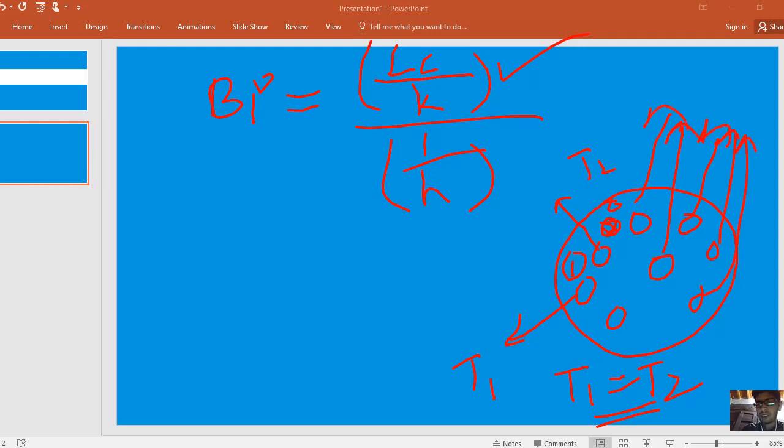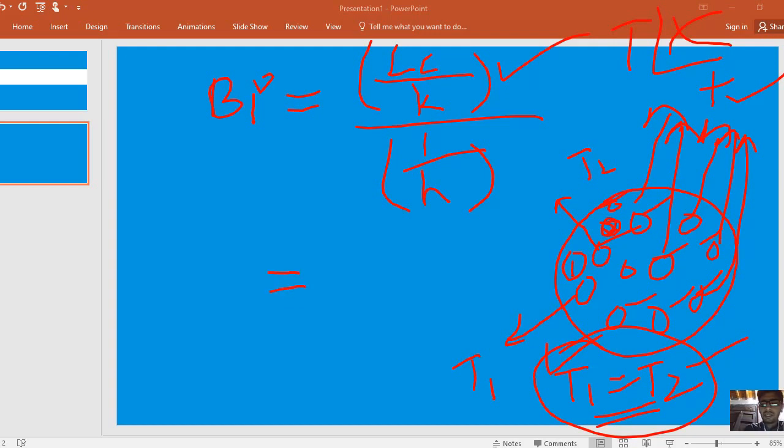But the temperature changes with the passage of time. The temperature can be increased or decreased with time, but at every point the temperature is the same. So temperature is not a function of position, but it is a function of time in the lump system, and it is transient heat conduction. So T1 will be equal to T2 for the lump system. As the temperature at every point is the same, there will be no temperature difference. As there is no temperature difference, there will be no resistance to the heat transfer. So the resistance will be 0.